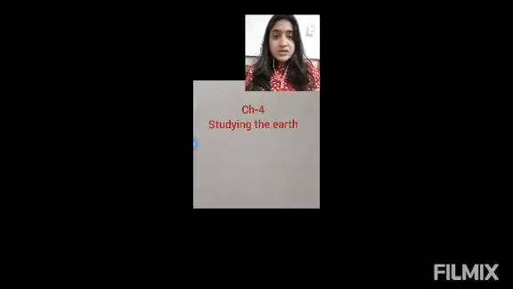Now these were just the types of the maps, right? We need to study how we can read a map. Now that is a different task. Knowing about a map is a separate thing and to read a map is a separate thing. Now let's continue with this. I will explain you this in brief, and in our online class we'll discuss this chapter in detail. So please attend your online class. Now let's continue and I'll explain you how to read a map.